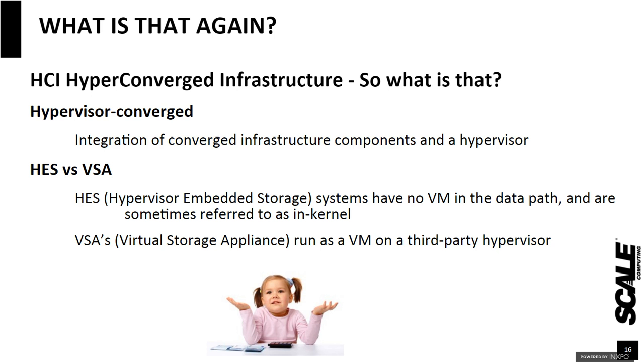Now, the other approaches that are in the market for HCI use what are called VSAs, or storage appliances. So they basically virtualize the SAN and turned it into a giant VM that runs on your nodes. That does take away the complexity and the cost in some ways of managing your SAN, but the cost of virtualizing the SAN means you're just now shoving the resource constraints of having to run a virtual SAN into your infrastructure. So between a third to a half of your available resources is actually devoted then to running your virtual SAN,